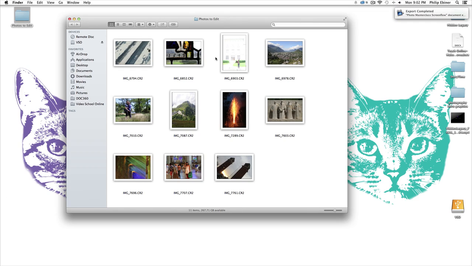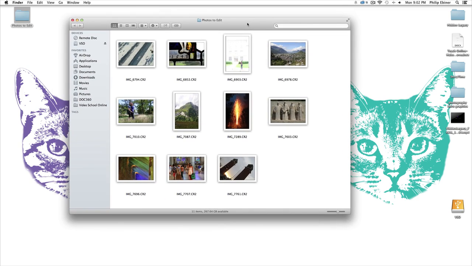If you're watching this on a mobile device, it might be a little bit hard to understand what's going on, and I apologize for that, but because most people will be watching this on a bigger screen, I wanted to create it for people who are going to be editing on Lightroom,